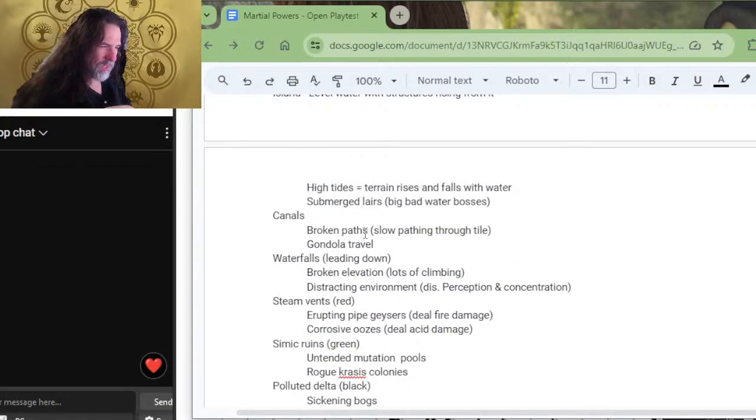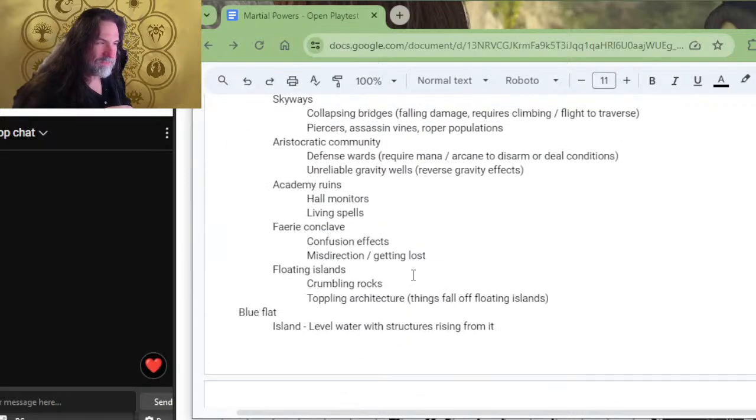What's a good one? Let's go up to here, the Academy ruins, in the blue elevated slot. There are different types of magical academies that existed in Ravnica. Here's one that got ruined, and the 2 types of hazards that exist are hall monitors,